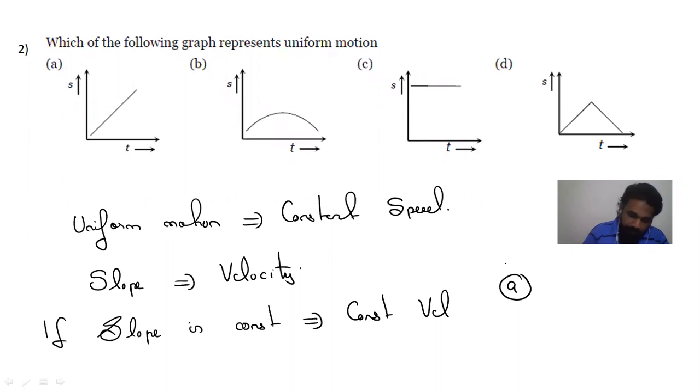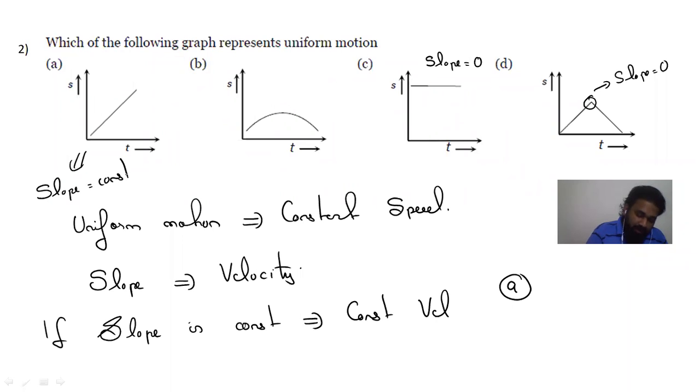So here we have constant slope. Here the slope is 0. Here it is a straight line, but the slope is equal to 0. Here the slope is changing. At this point, it is changing its direction. At the topmost point, again the slope will become 0. But in this case, the slope is constant. So velocity or speed is constant. A straight line passing through the origin, or a straight line at some angle with the time axis, all have constant slope.